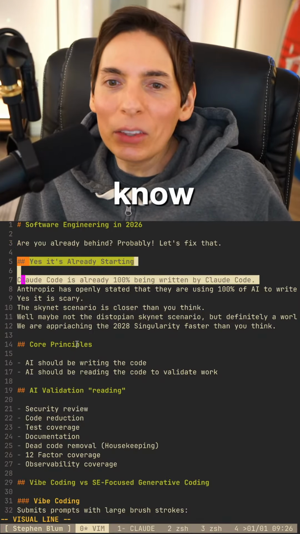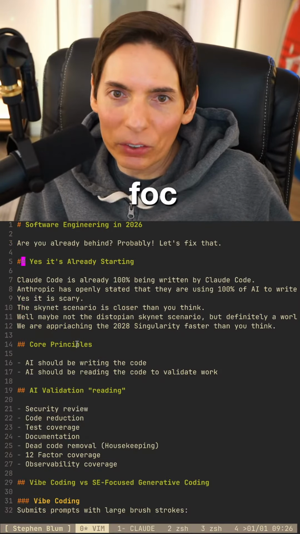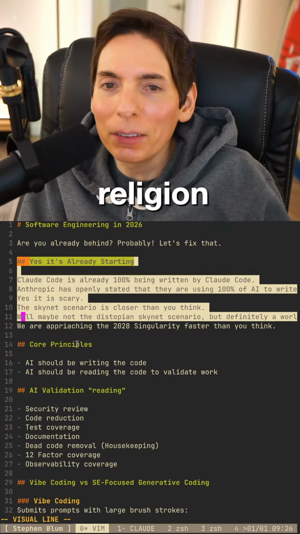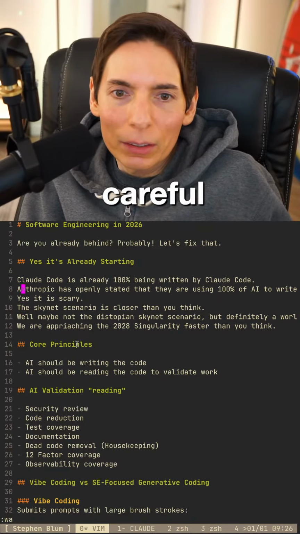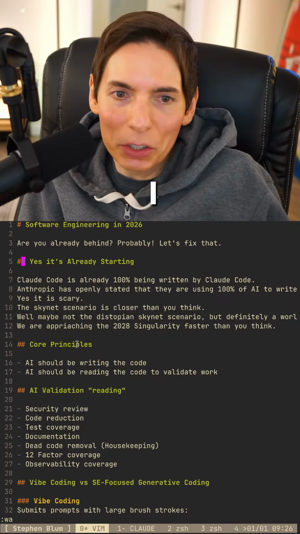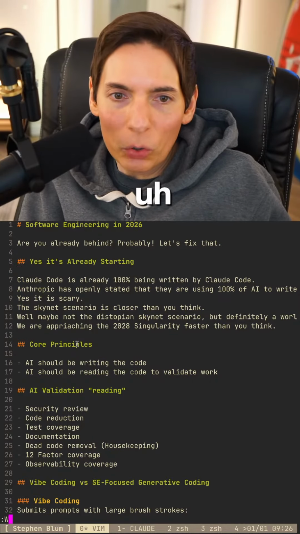I know. Well, maybe this is some religious focused stuff here. I mean, like AI religion, essentially. So we've got to be careful. Yeah, I shave too. I shave too on most days.